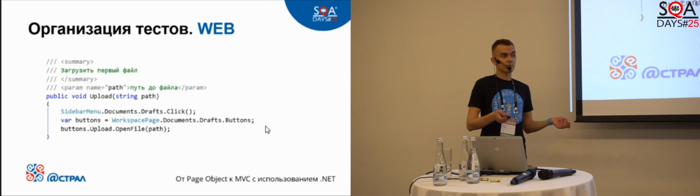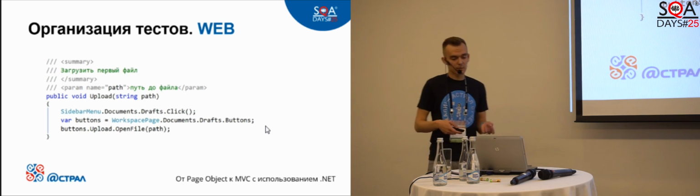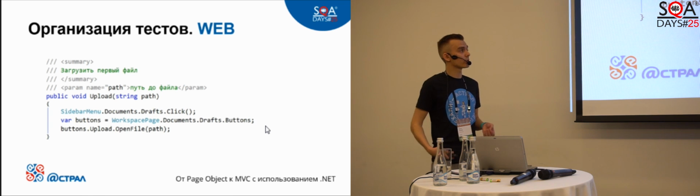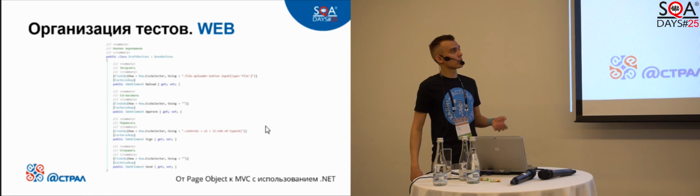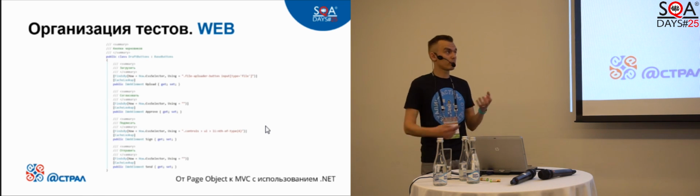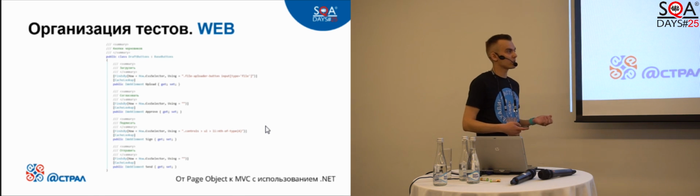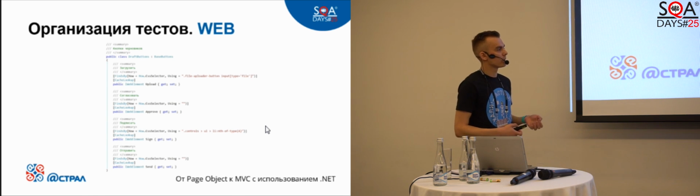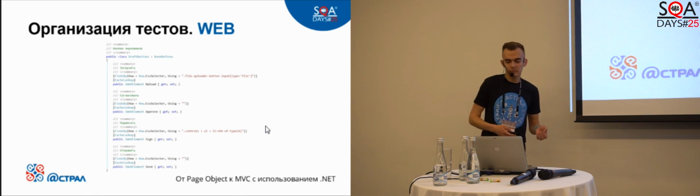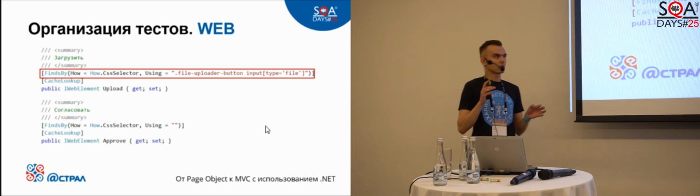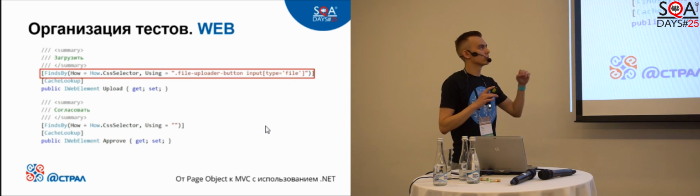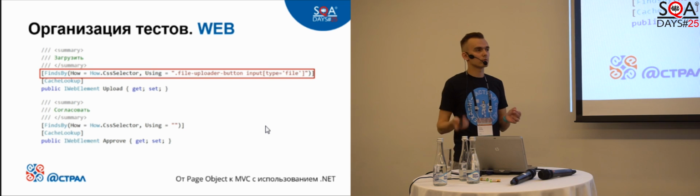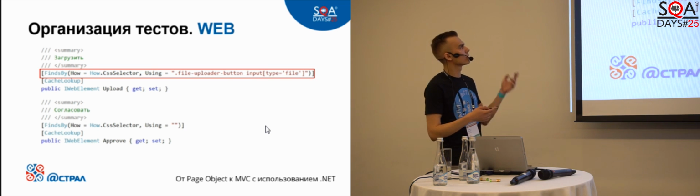Services use public param name path object and use it. Here is how the structure looks. You have a model, a simple model, which has features, namely the elements of the interface we are interested in. This is how we associate the features of the model with the elements of the interface.